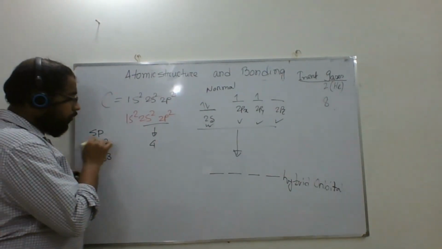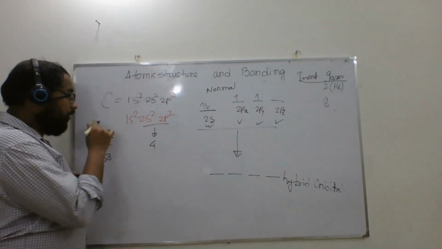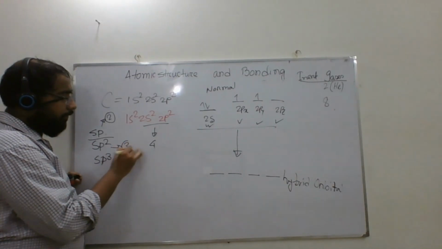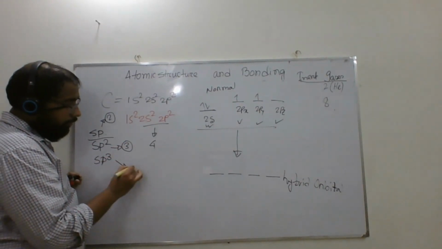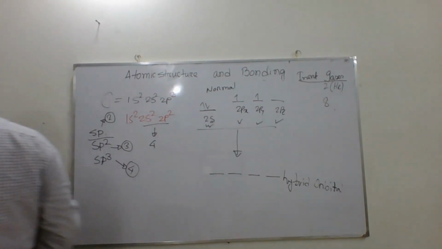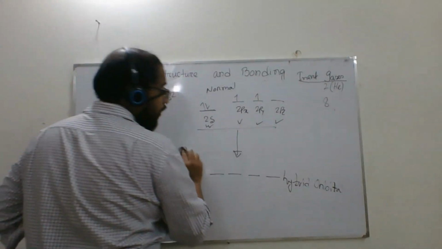Now if two orbitals participate in the hybridization, then there will be two hybrid orbitals, and there will be three hybrid orbitals, and there will be four hybrid orbitals. Okay, now if we consider this hybridization with respect to